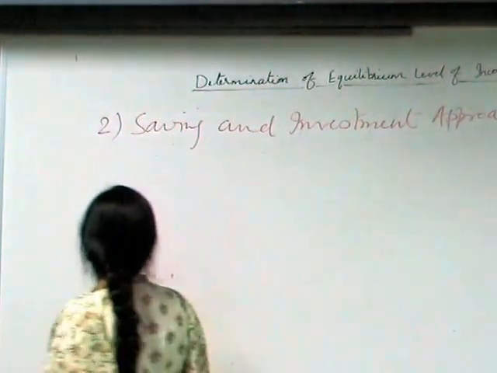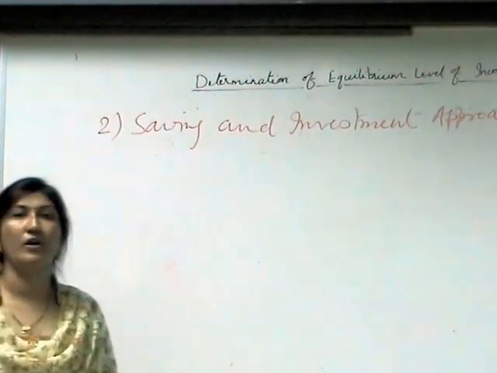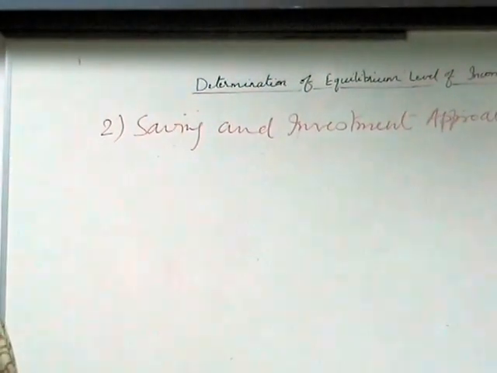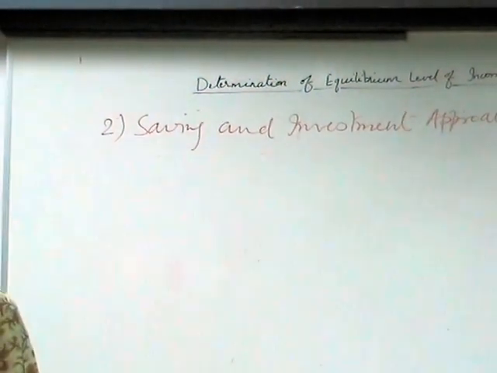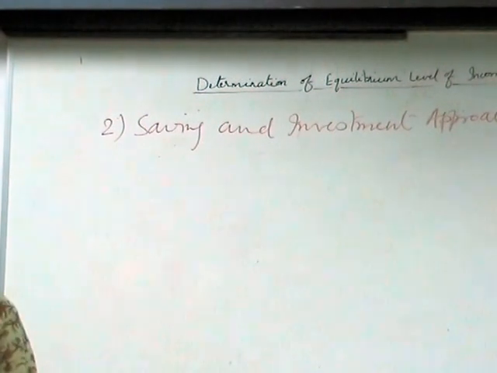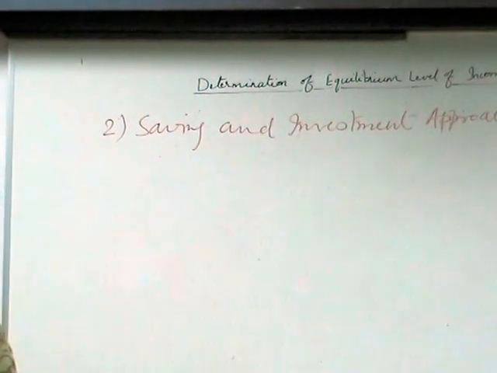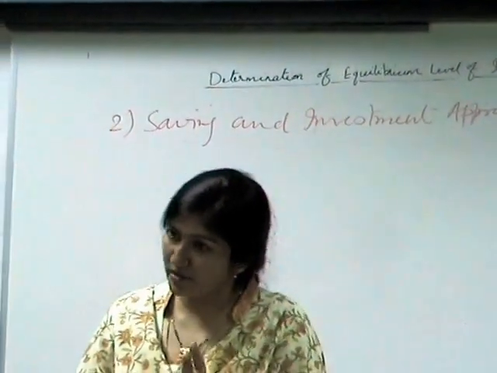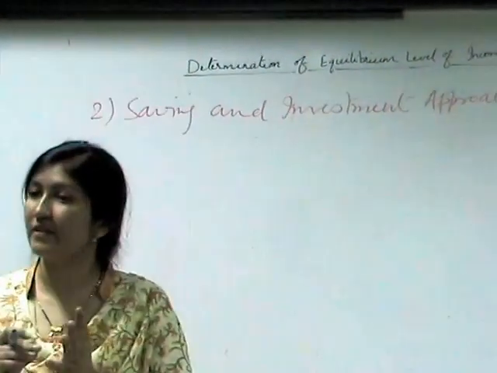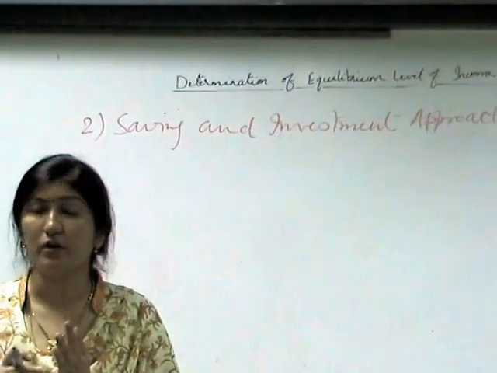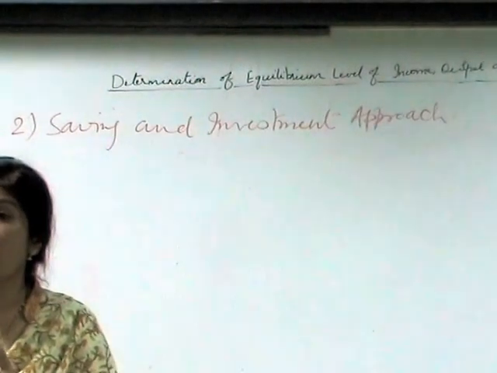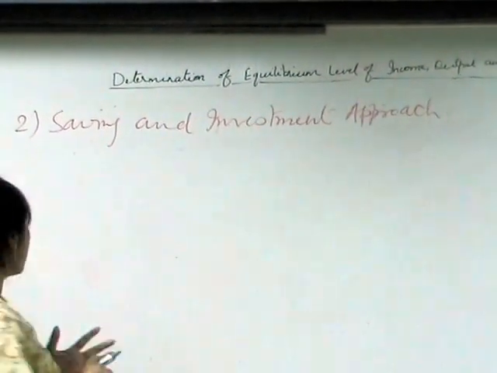Saving and investment approach. Now, just now we will take the help of the AD and AS approach to derive, to come to this level. We have studied about the consumption function. We have studied about saving also, how saving changes. In the beginning the saving is negative, then becomes 0, then it gives the positive function. Then we are having investment also. In the beginning I told you that here we deal with autonomous investment, which is constant at all levels of income. So let us come to this concept.